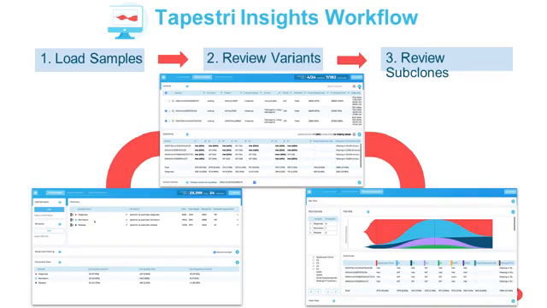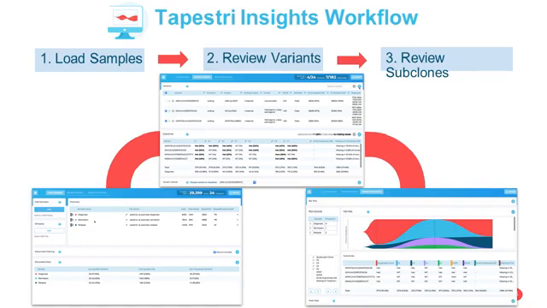The third tool that we have available is the desktop tool called Tapestry Insights, which allows you to take the variant calling files, load multiple samples together. So this is a multi-sample tool now where if you wanted to do serial time points or some sort of longitudinal analysis, you'd be able to load multiple samples onto this tool. Allows you to review all of the variants that were called, annotate them, filter them based on whether there's prior domain knowledge on the annotations that are interesting